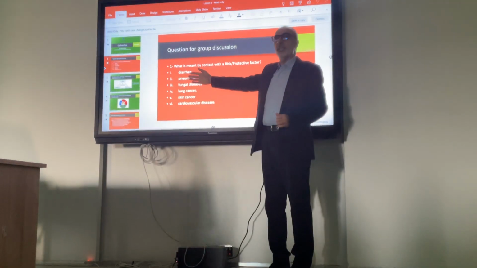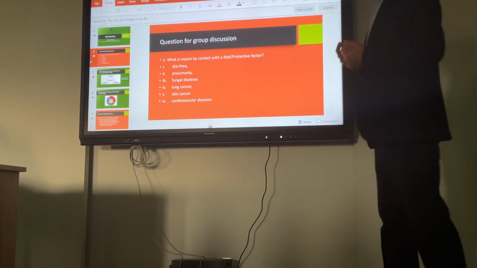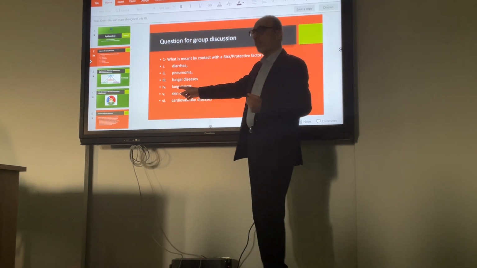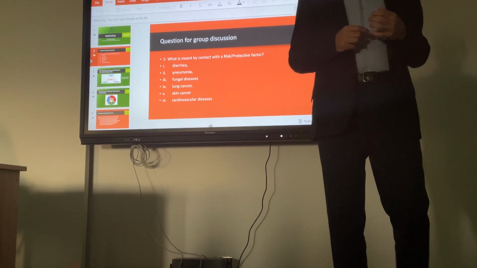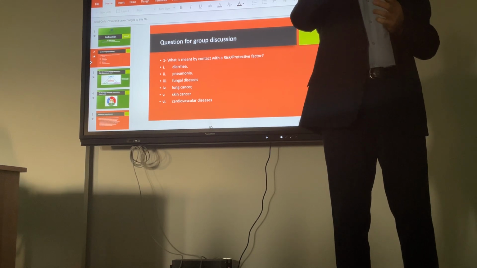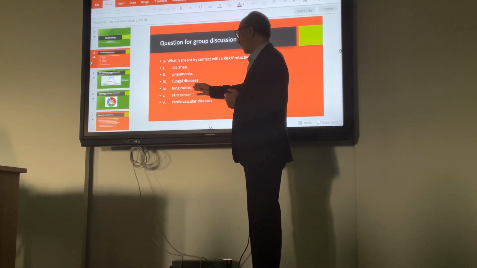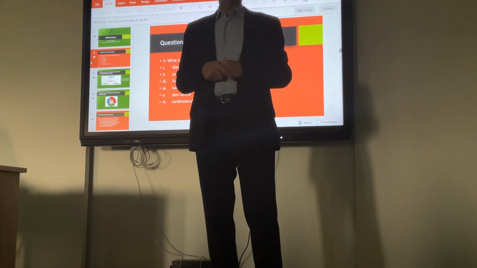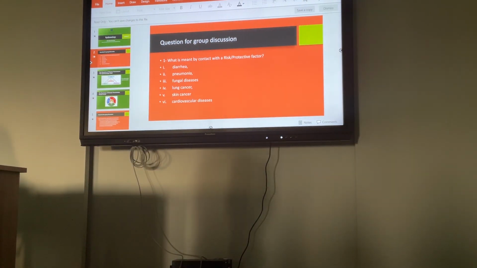For infectious diseases, we can think of a cause, and the cause can be a microorganism. But you have discussed that for lung cancer, it is difficult to name a cause. We know that cigarettes can increase the risk of lung cancer. We know that air pollution may be responsible for increasing the chance of getting lung cancer. But it is very difficult for us to talk about the cause of lung cancer. And we also had another example, cardiovascular disease. Can I ask you, what is the cause of cardiovascular disease?